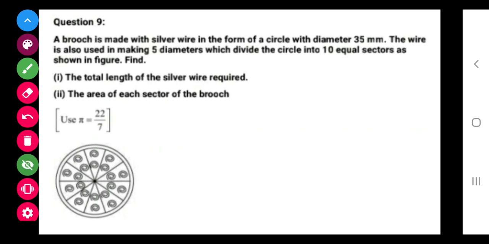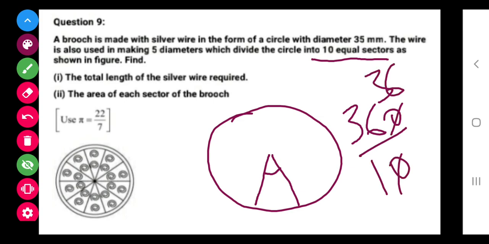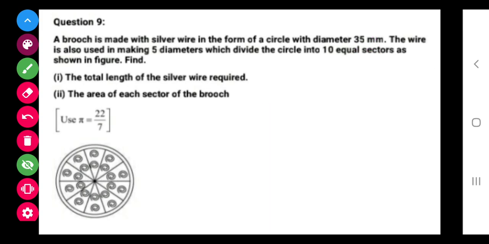So for the area of the sector, class, as it is given that the diameters are dividing the circle into 10 equal sectors, 10 equal sectors means the angle will also be divided into 10 parts. So the total angle is 360. 360 divided by 10, you can say 36 degrees is the angle formed by each. Now you have to get the area. So the area, you know, is theta upon 360 pi r square. R here we can derive from the diameter. We have already derived this, and theta is 36 degrees, and finally we will get the answer.